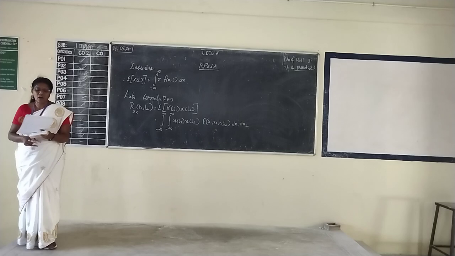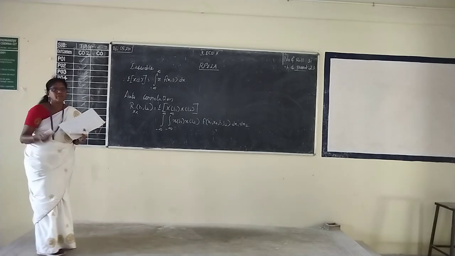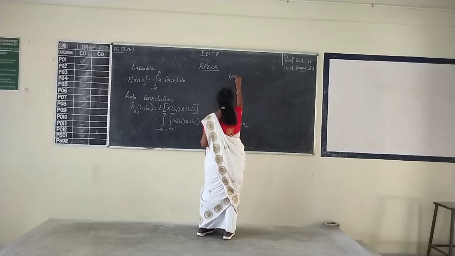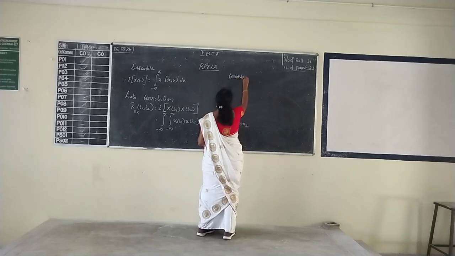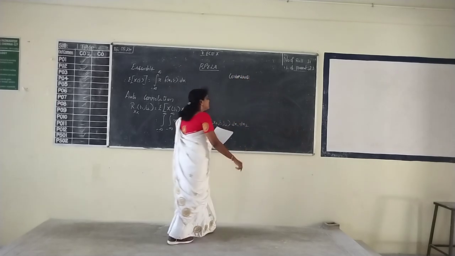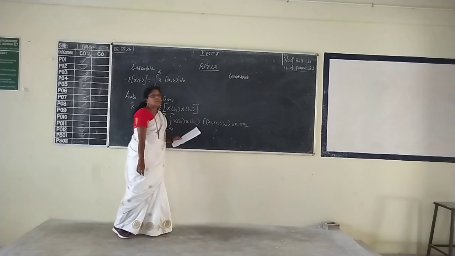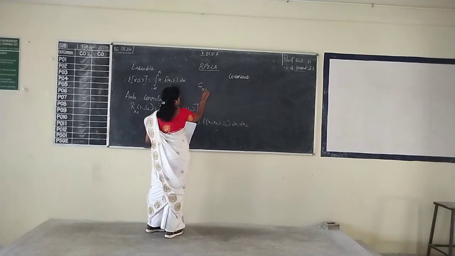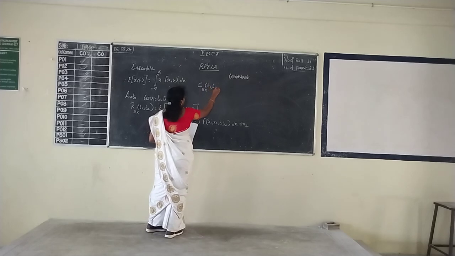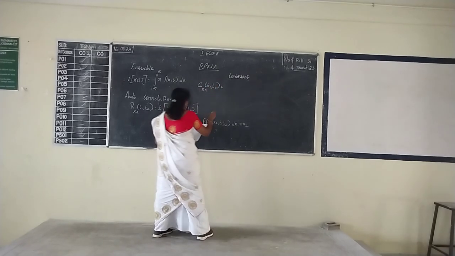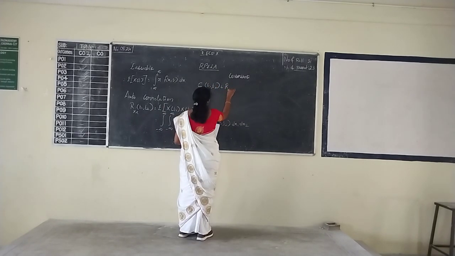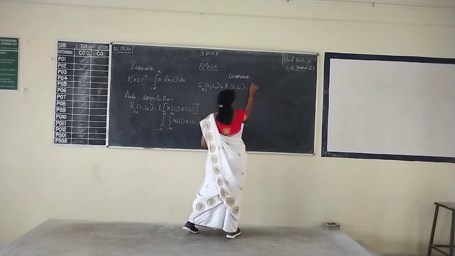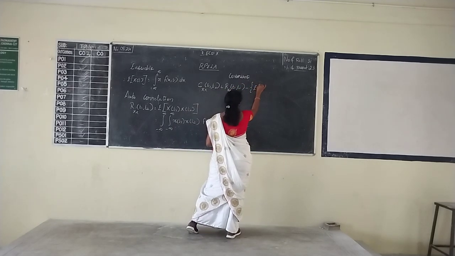We take the next one. Autocovariance. So this is denoted by capital C. Capital C suffix xx of t1 comma t2, that is equal to Rxx of t1 comma t2 minus expectation of